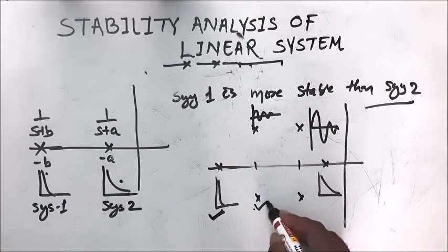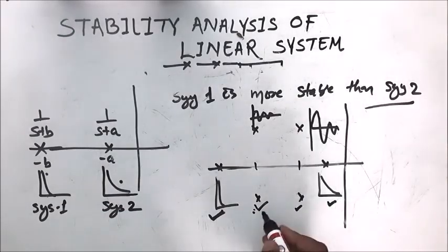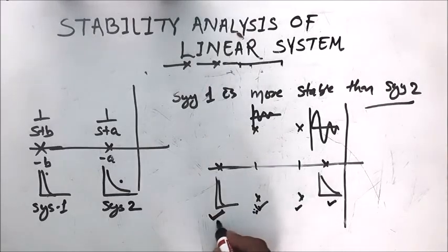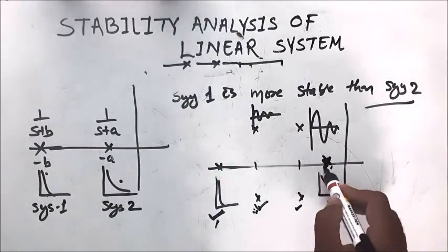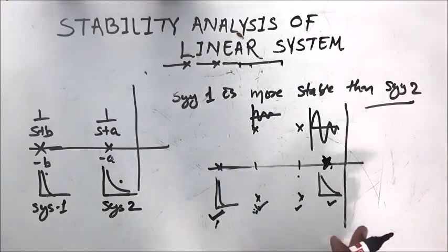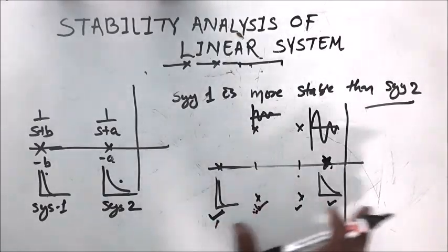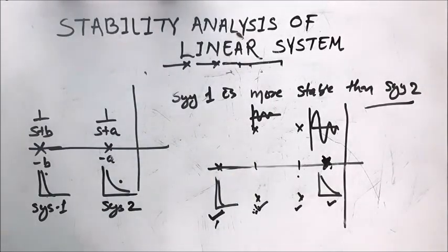or this system is more stable than this system and this system, but this system is less stable than that of this system. Similarly, this system is less stable than these three systems. So this is called relative stability, so that we can relate the stability with respect to the position of the pole. I repeat, the position of the poles gives the relative stability,